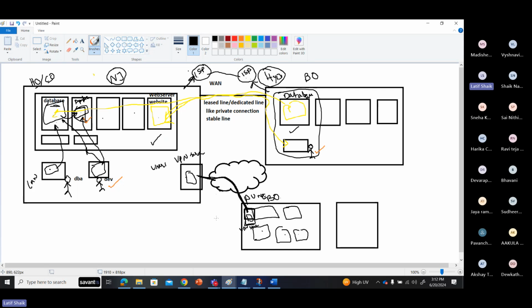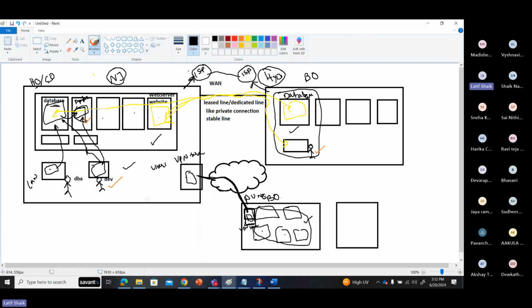So you are communicating through the public network only, but it creates a tunnel in the public network from your private network to another private network. Look at this: this is your private network and this is your main office private network, and this is the branch office private network.